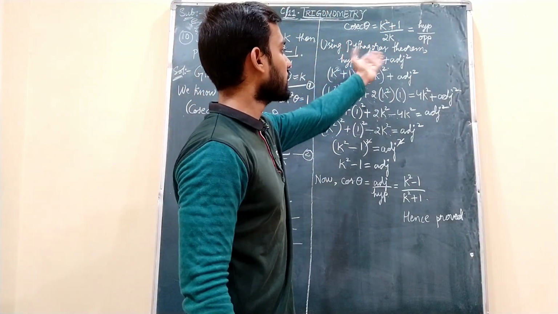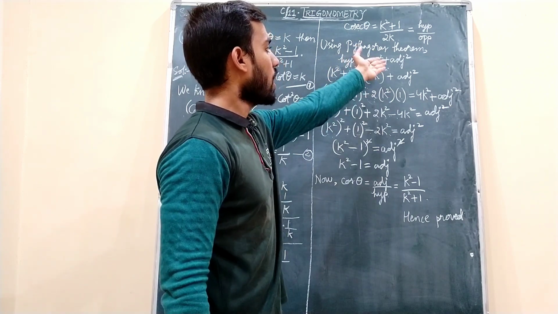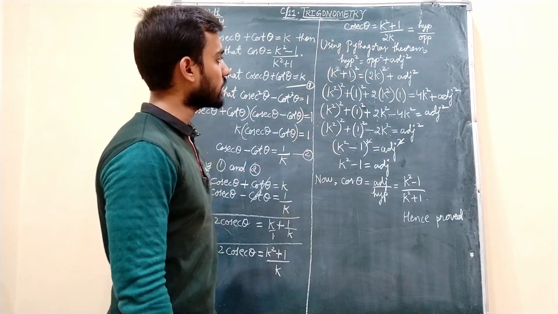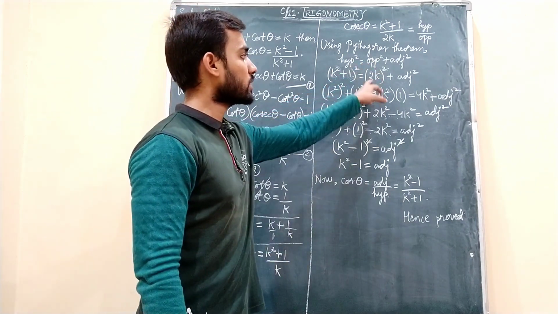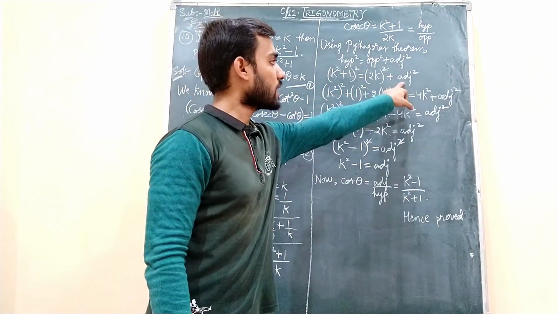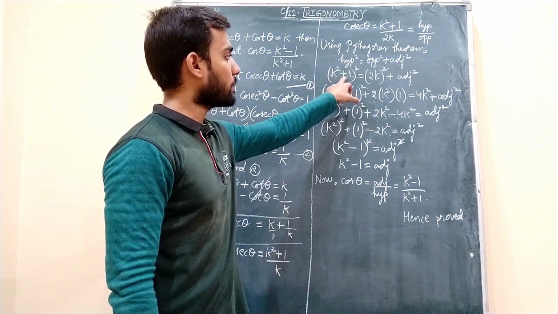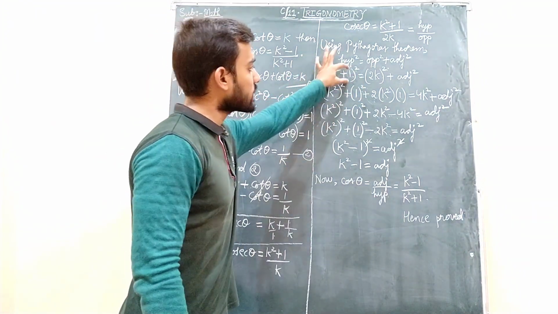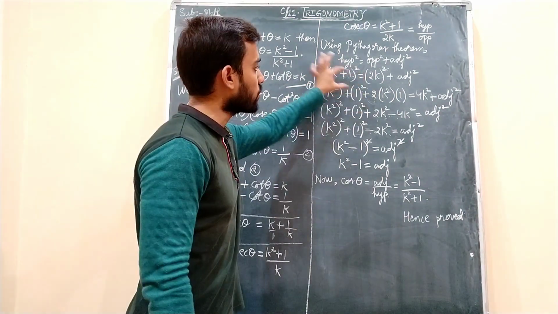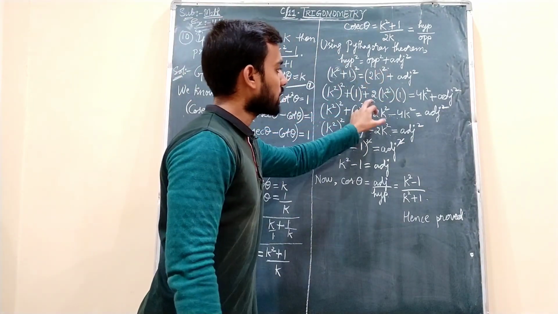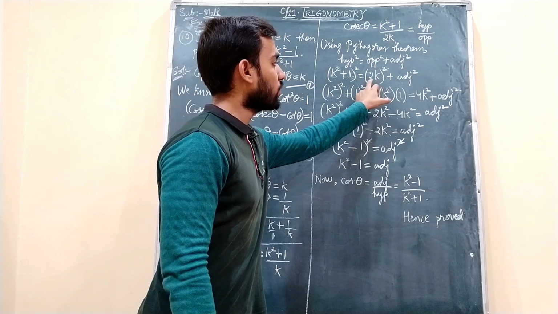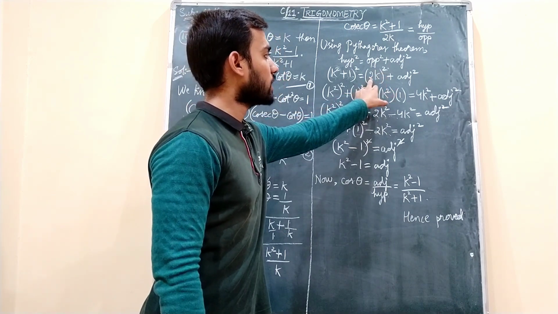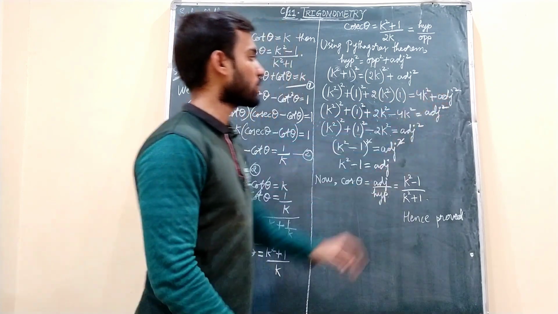And now using the Pythagoras theorem, hypotenuse square is equal to opposite square plus adjacent square. Hypotenuse value we wrote as it is over here, (k square plus 1) whole square. Opposite also as it is we have copied, plus adjacent square. And then here we use the (a plus b) whole square formula, a square plus b square plus 2ab. Now on the right side no plus or minus is there, so applying square to this one, we will get 4k square plus adjacent square as it is.